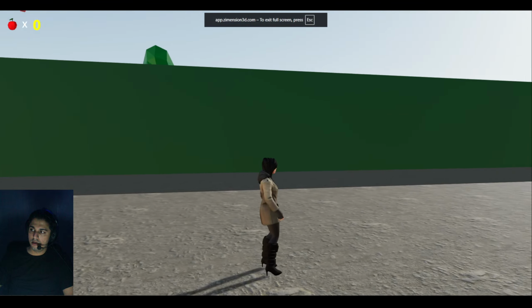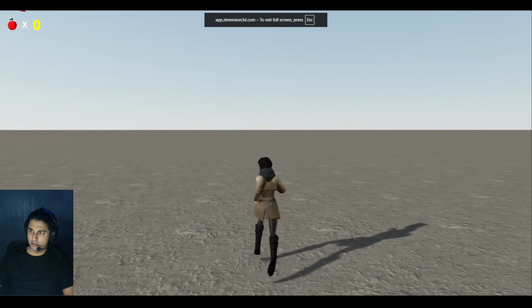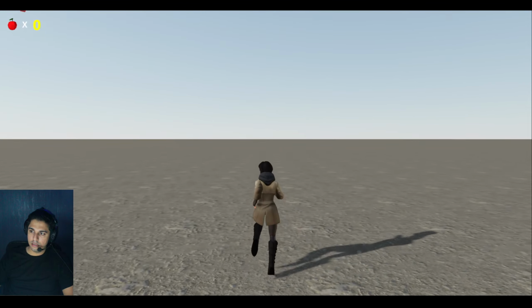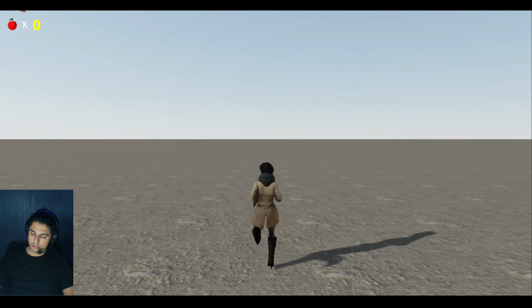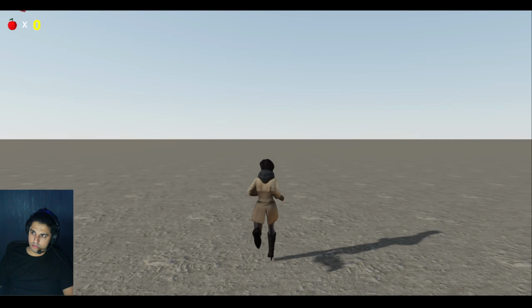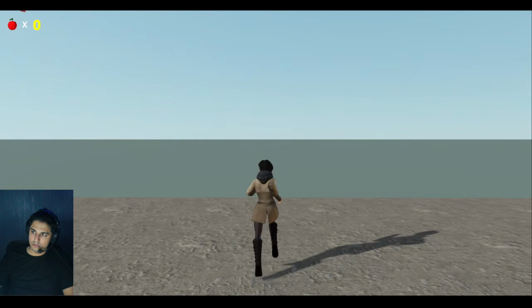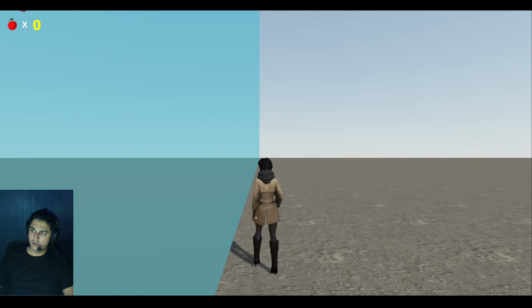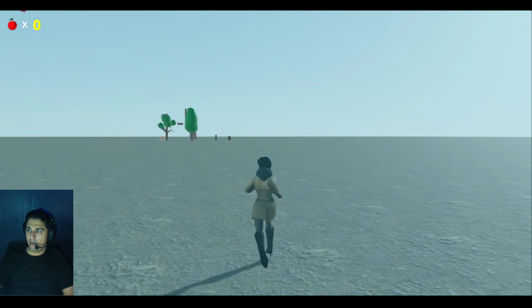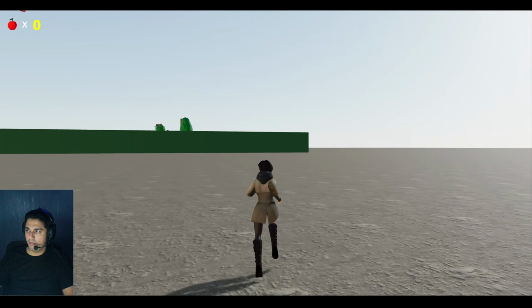So this is a limited area. What you can do in the free version, those invisible walls will show up. See, these are the walls. So you get a half a kilometer area.